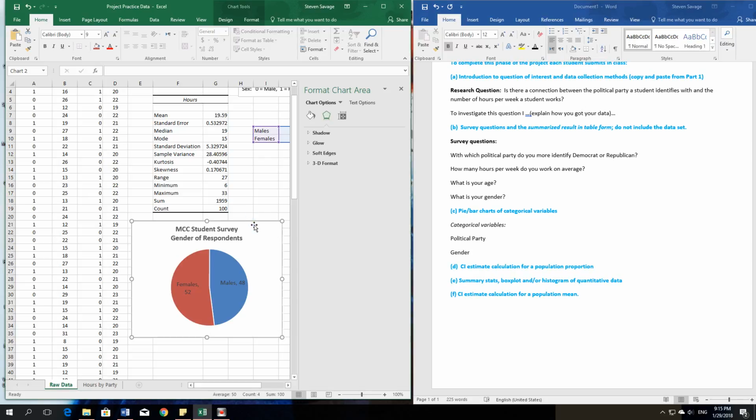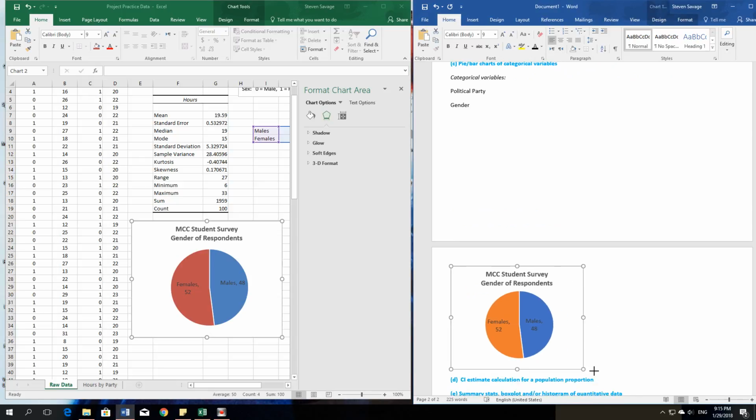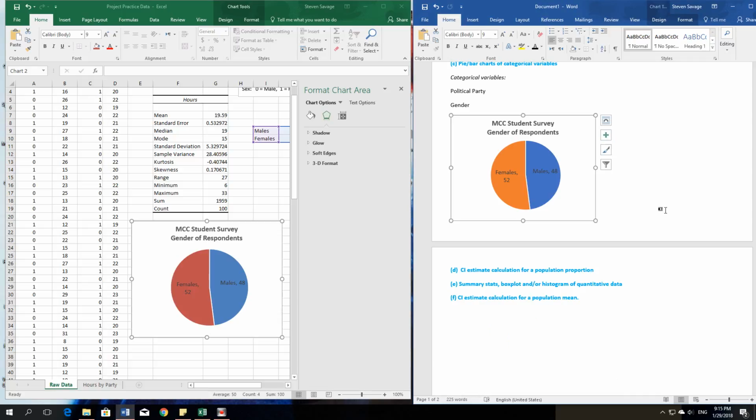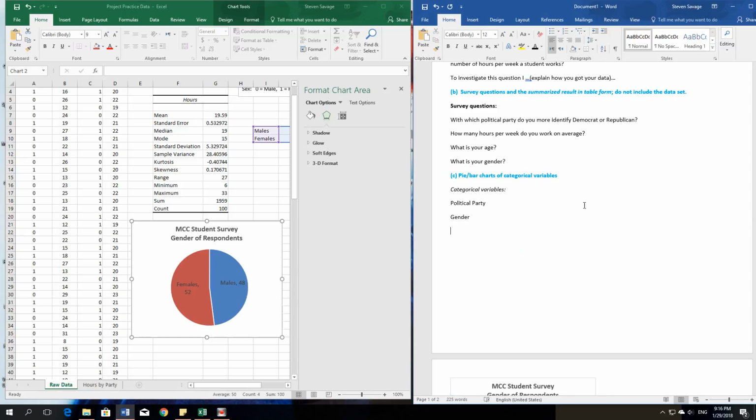select the chart, do a Control-C, and so here for gender, I can put in my chart, which did change the color, and wasn't something I was expecting. I'm okay with that. I don't think I really care so much. Oh, and I also need the bar chart. So actually what I could have done, and which would have been a little nicer, so I'll do it now,